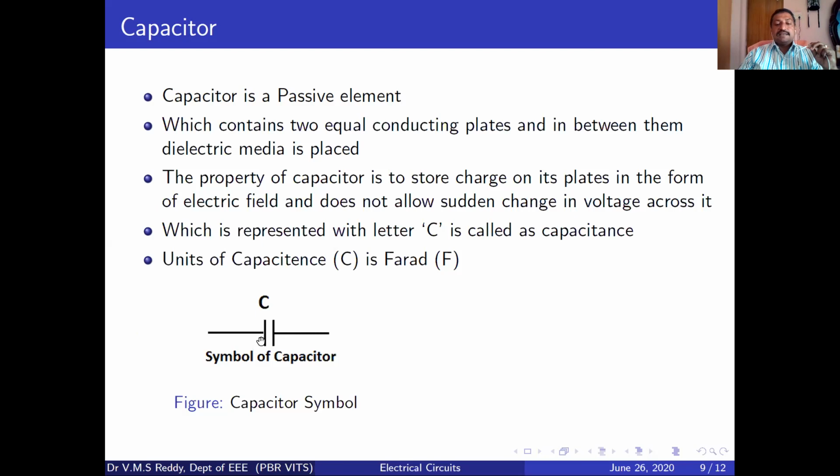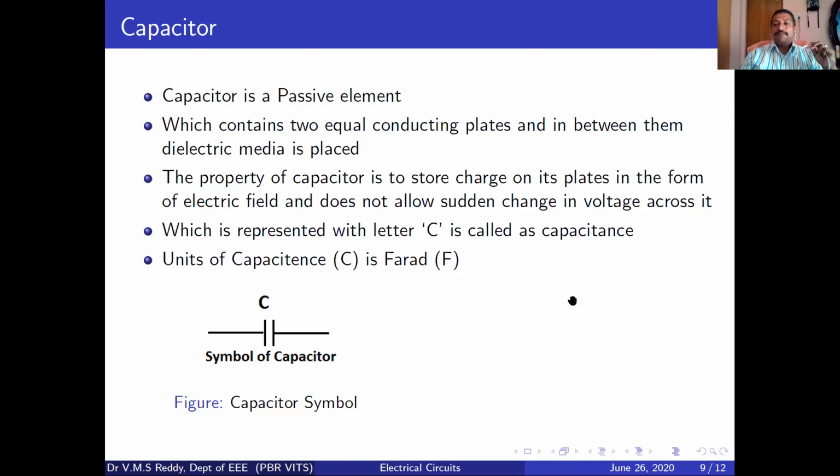And this capacitor is represented with the letter C. We remember, C is called capacitance. Units are farad. As I told you earlier, in the case of resistor, resistance; inductor, inductance; similarly, capacitor and capacitance. Capacitor is an element, capacitance is the property. So how much is this capacitance? C is equal to epsilon naught A by d. That value you already learned in the earlier case.